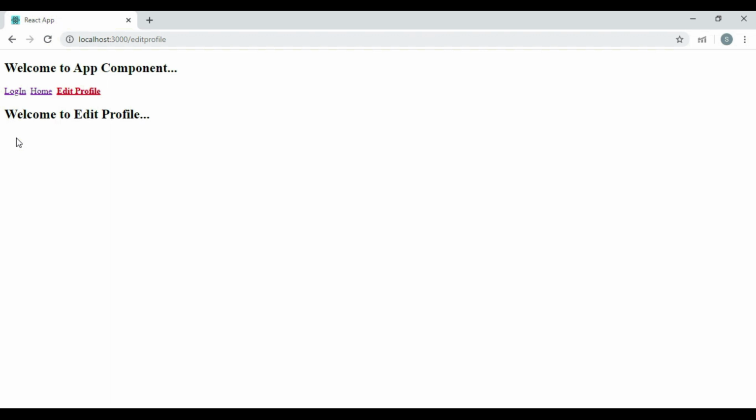Even now, our navigation path remains the same, but when navigating from the home component to the edit profile component, we have used the replace method, which replaces the current history stack entry. Resulting, now if we click on the back button, we can observe that we have been navigated to the login component but not to the home component. That is the difference between the push method and the replace method.